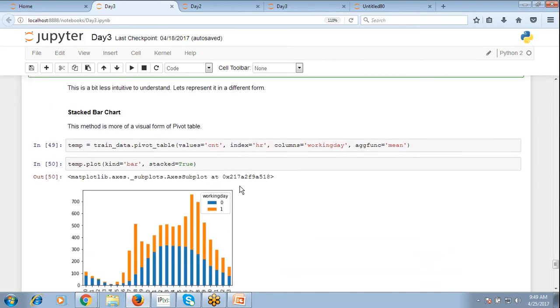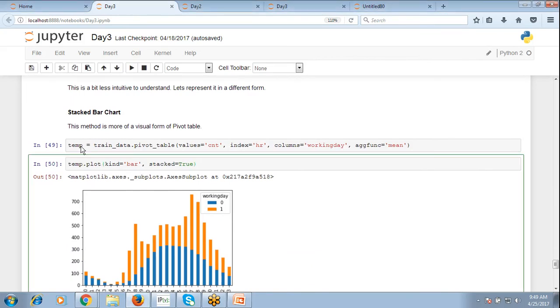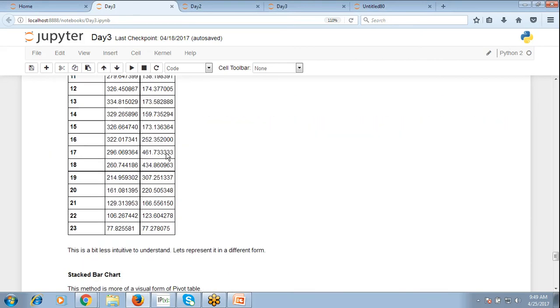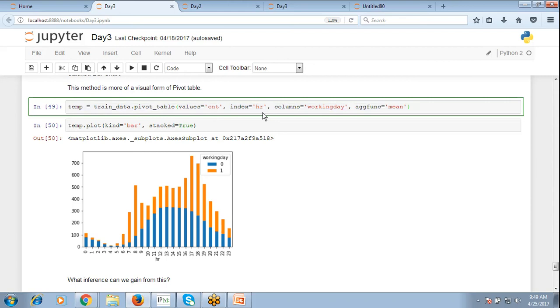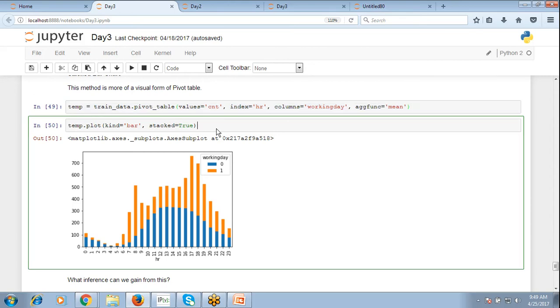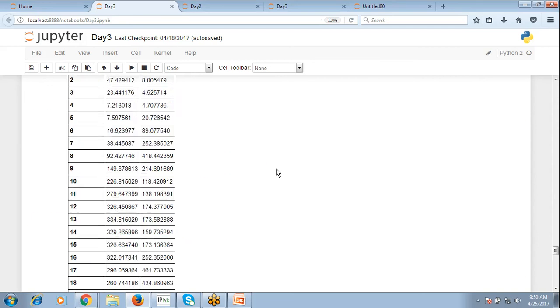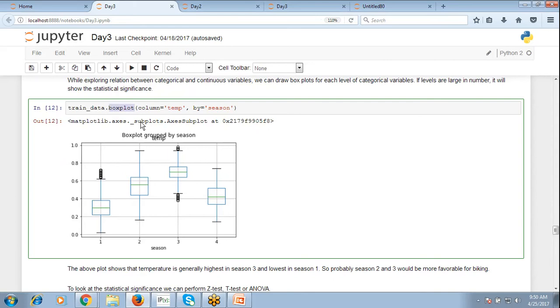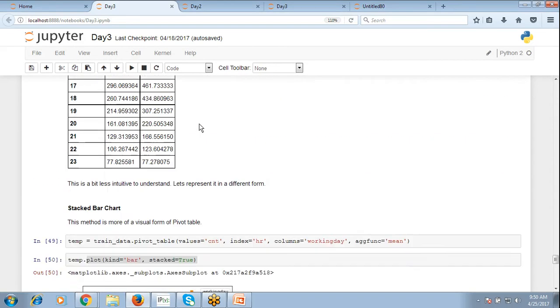Next one is stacked bar chart. I wanted to have a stacked bar chart, so you have to use this plot. Already we have it. Sorry, it's not a plot, it's a pivot table. I wanted to plot the pivot table's content. Sorry, not box plot, bar chart. This is bar chart, and for box plot it is pretty straightforward: you have to specify box plot. If you just specify plot,